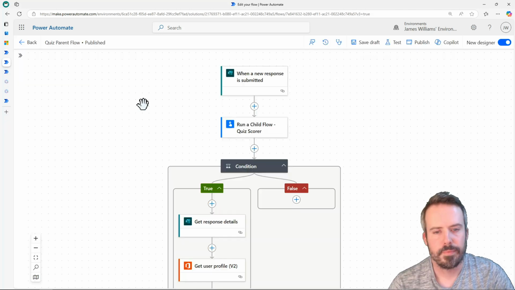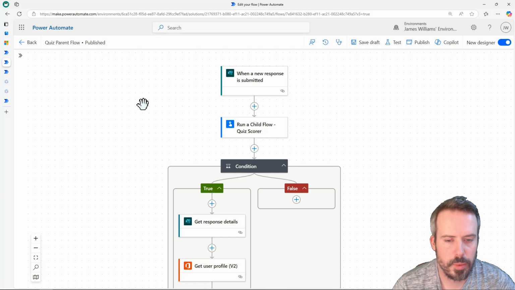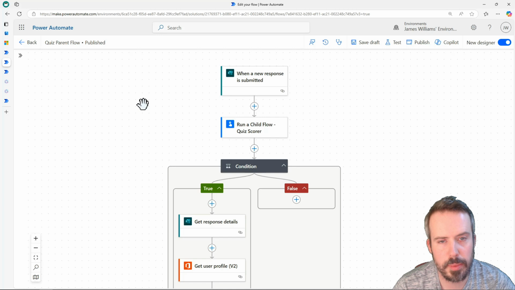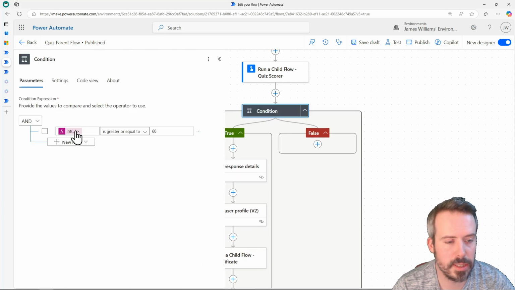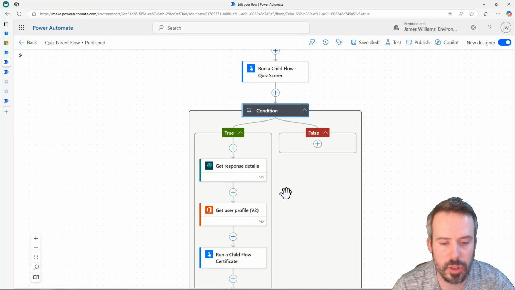So the context in which we're going to do this Power Automate flow to post to praise is building on the previous flow we've built on this channel, where when a new response is submitted to a Microsoft Forms quiz, it runs a child flow which automatically scores the results of that quiz for the candidate. And then based on that score, we're going to decide if the candidate passed or not. So if they scored over 60 points or 60% of the points, then they will go down this true branch,